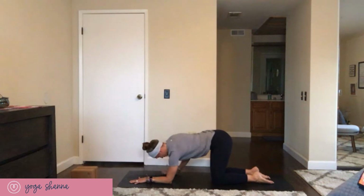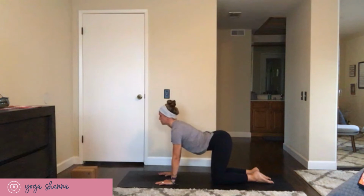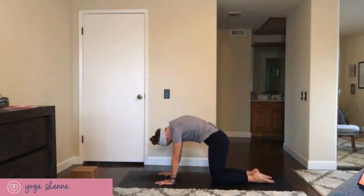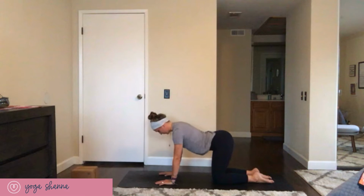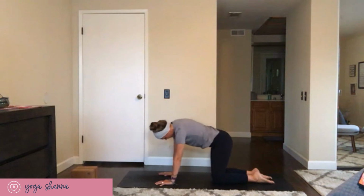Plant your palms on the ground and come right up to tabletop. Now moving into cow, drop your belly, crown of the head lifts, tailbone lift. And cat, round your spine, tuck your chin way under, press the earth away. Inhale, cow. Exhale, cat. Inhale, cow. Exhale, cat. And continue to move through a few cat-cows on your own breath, giving yourself what you need,